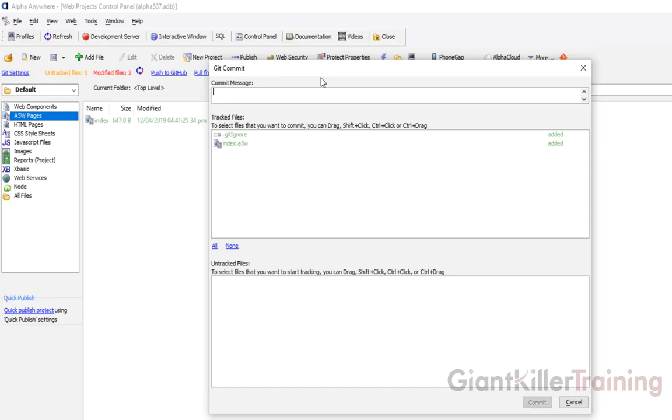Now when you click on that, it's going to open up the Git commit window. You'll see that up top we have what's called a commit message. I'll talk about that in a moment. Here we have our tracked files. So we have our 2 files that are being tracked. One is our index file, the other is our git ignore file. That is the file that's there to ignore all the other files we really don't want it to handle. So let's go ahead and click all,